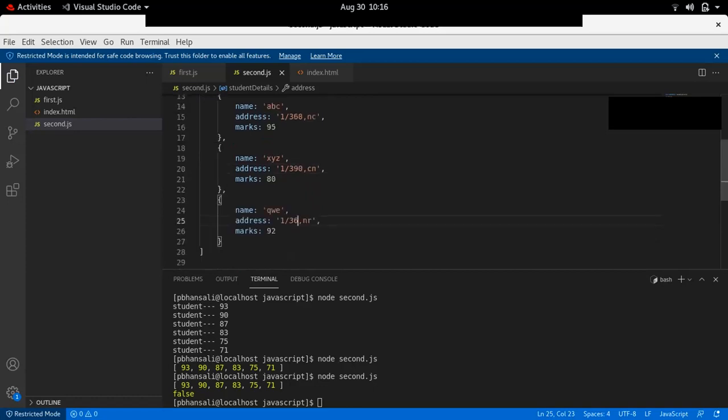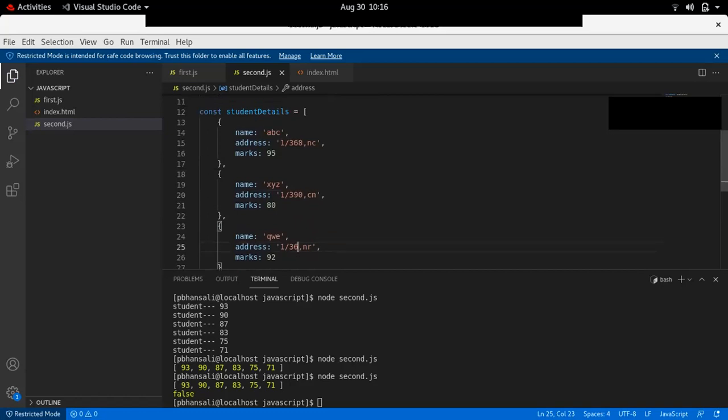Now suppose you have to make a new array in which each object also has something called percentage. The first thing I have to do is use one operator called map.